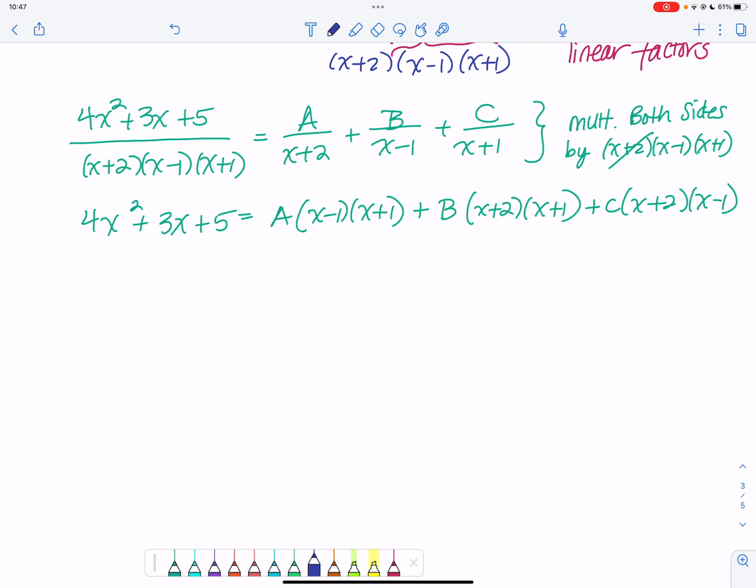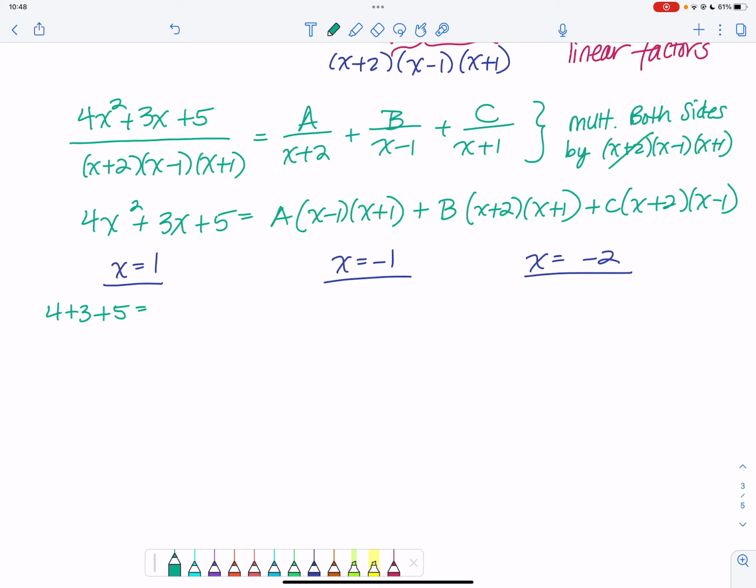Okay, now I'm going to let x equal 1. Then I'm going to let x equal negative 1, and then I'm going to let x equal negative 2. I hope I gave myself enough room there. So if x is equal to 1, I have 4 plus 3 plus 5 equals, that first term is going